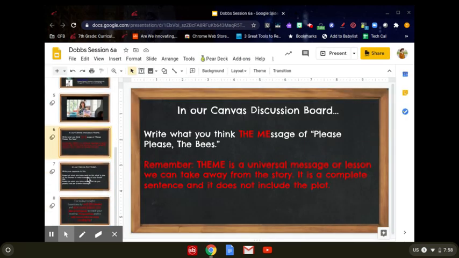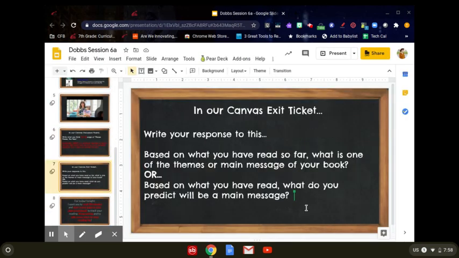Slide 7 says, I want you to write your response to this. Based on what you have read so far in your own book, so we're no longer in Please Please the Bees, we're in our own book right now. What is one of the themes or main messages of your book? Or, based on what you have read, what do you predict will be a main message? So if you're not quite sure yet, you can just make a prediction of what you think the theme is going to be or a main message.